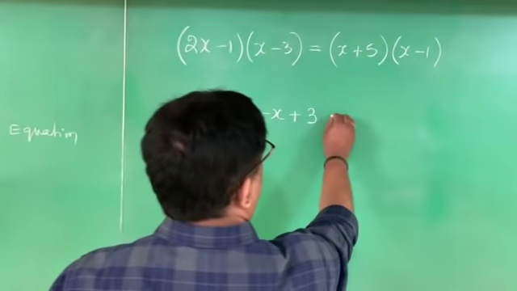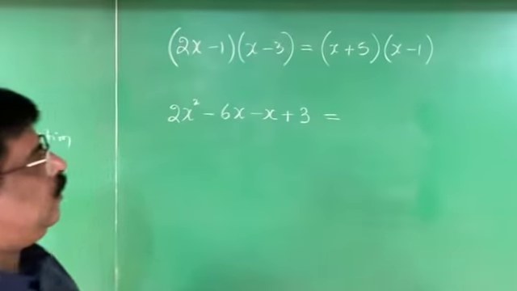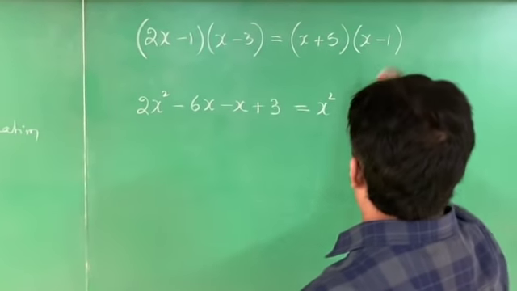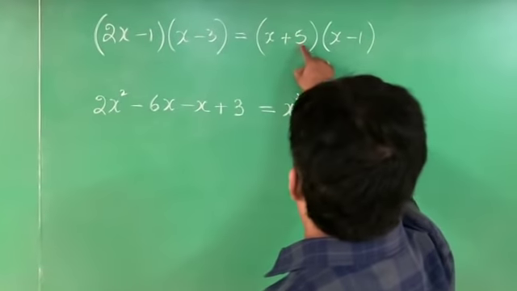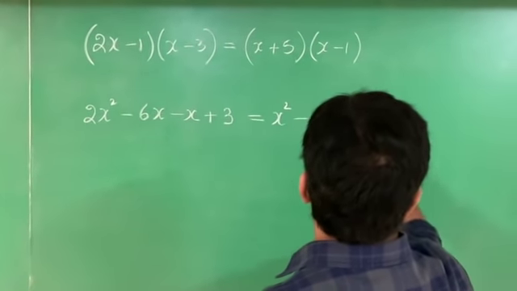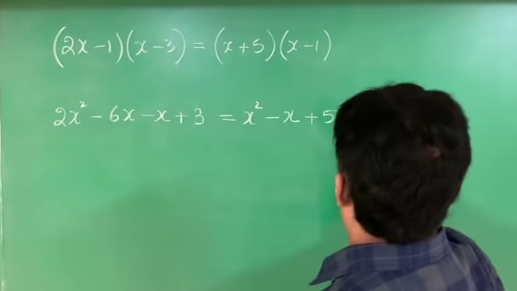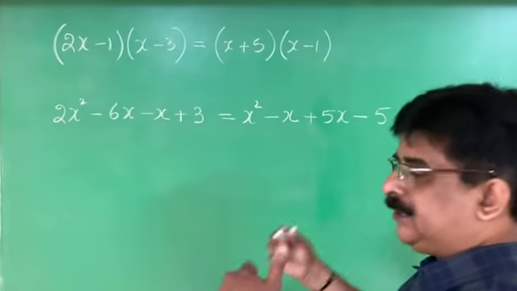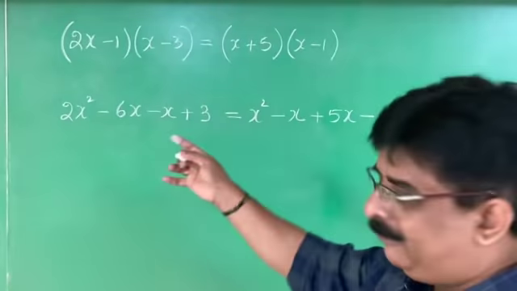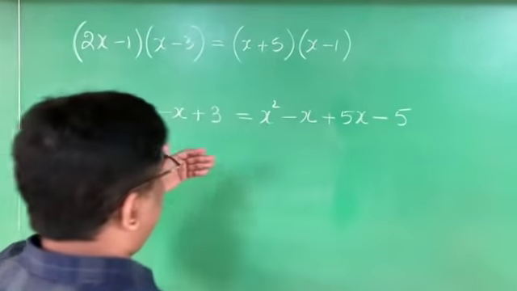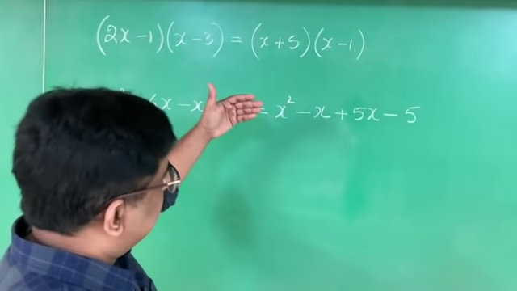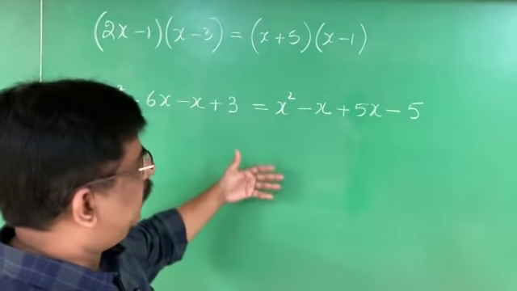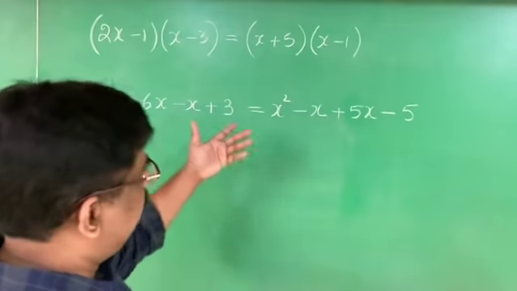Right? Now again, binomial into binomial, x into x, x square. X into minus 1 is minus x, plus 5 into x plus 5x, and plus into minus is minus, 5 into 1 is 5. 10th standard. Therefore, these are all very simple problems of the class of 8th standard. Now, this type of problems are going to be given in the public examination. Therefore, SLC has become so easy for the children who are able to study properly. It is easy. Nothing is there in this.